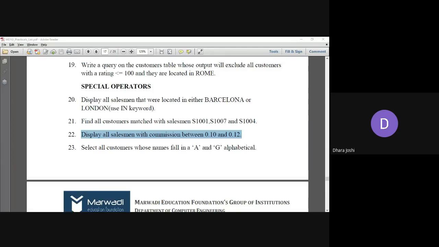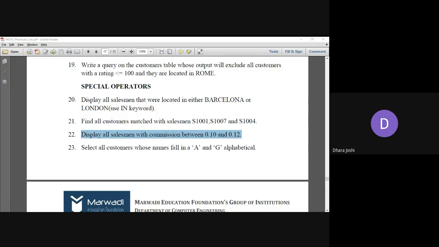You know how to proceed. First, in your logbook, you need to write this query: display all salesmen with commission between 0.10 and 0.12. After that, you will write the SQL query, which you are supposed to write here in the chat box too. Once it is approved, you will copy it into the logbook, along with the result you get while executing the query. Once you are done with the entire process, write done in the chat box so that we can go ahead with the next query.